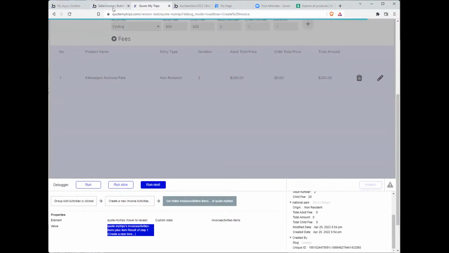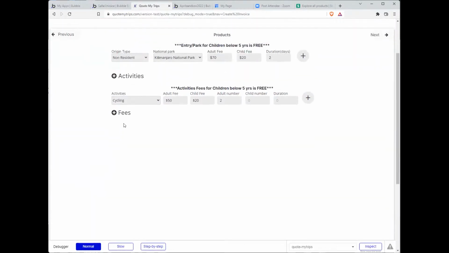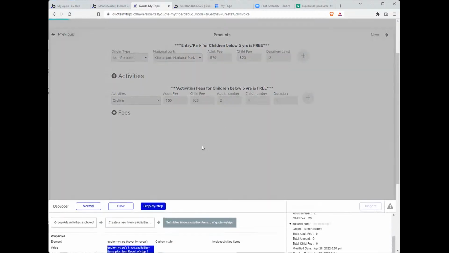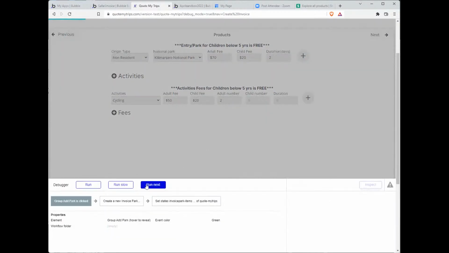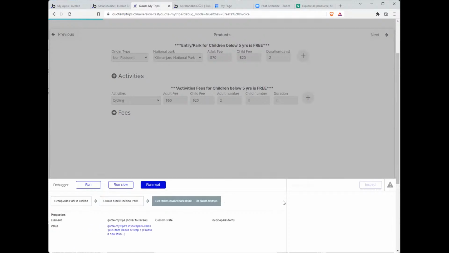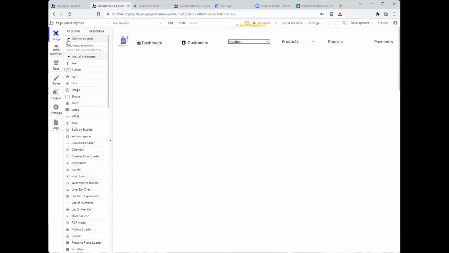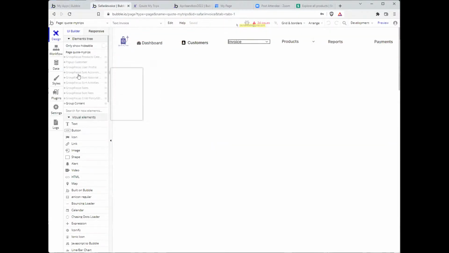So if we went ahead and, let me delete these real quick. So let's say we click this button here. And we're creating this new invoice park. And then we're setting this invoice park. And we're saying everything that we just created, we're putting this in this invoice list. One of the things that I think you would find advantageous for this particular example, and I am going to try and,